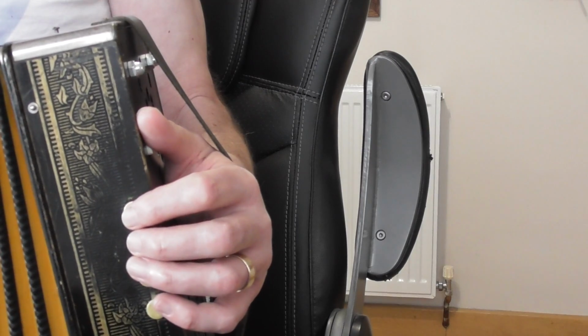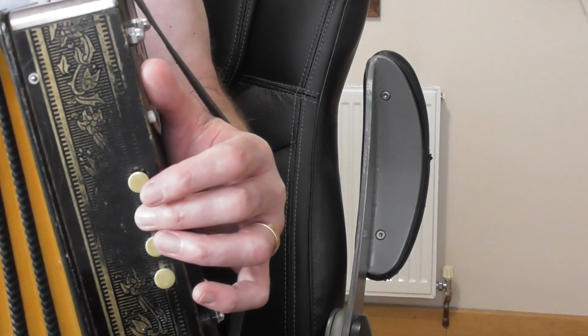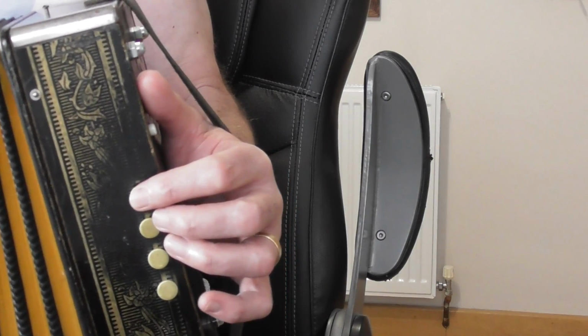Sorry if that confuses you, but I think most Melodeons of this nature are like mine, and I think it's fairly rare to swap them around, but not that rare, so you'll have to check. So if you play your button number 2, second one down, should be a C bass on the push. You'll get a C major chord from button number 1 on the push,